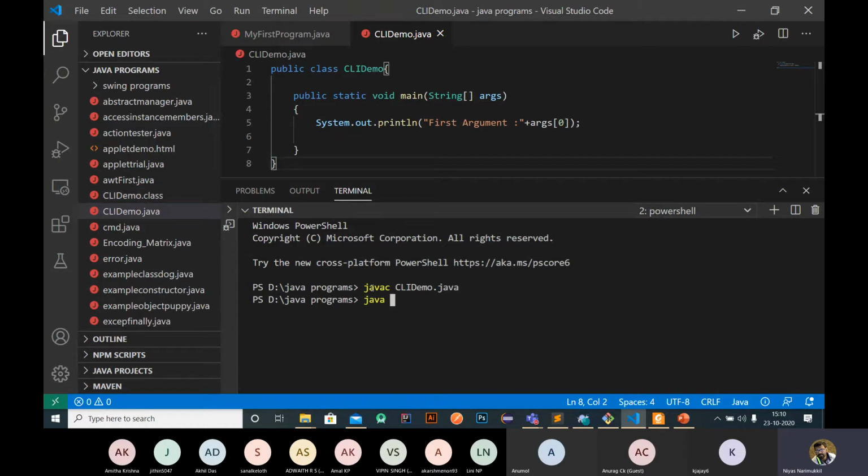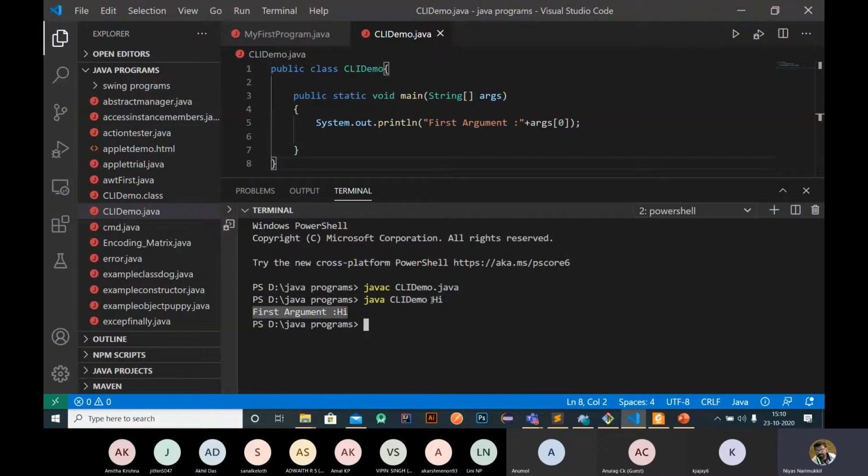The syntax is java, space, the name of the class, and after that a space, then we pass some arguments. I am passing an argument here, like hi. When I press enter, I get the output: first argument hi.